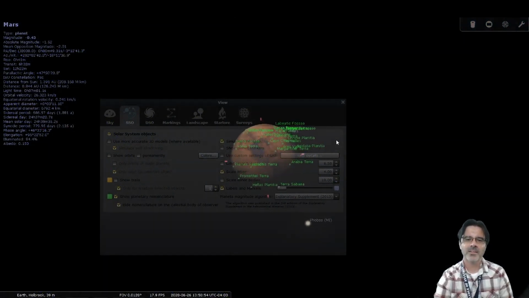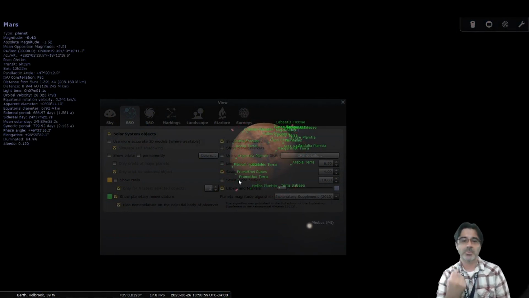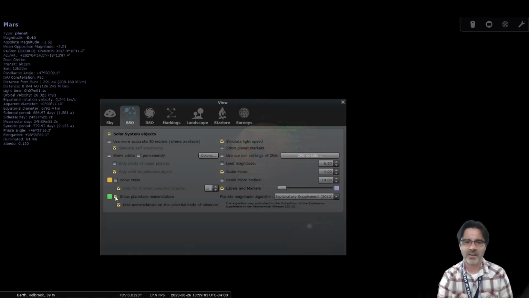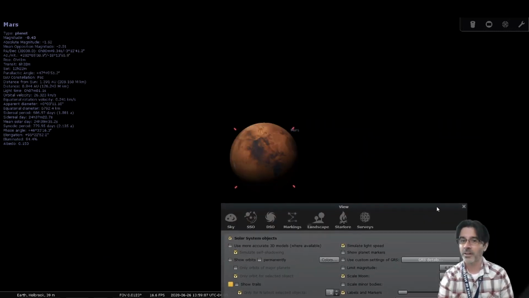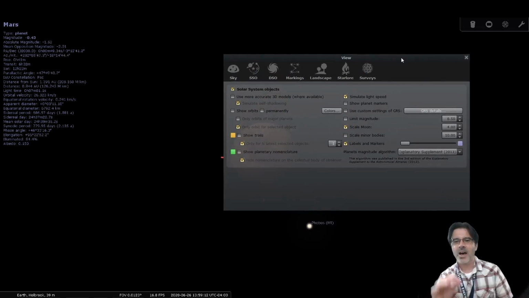So with the planetary nomenclature up there, it has the different features of the planets. It'll bring up those labels for you if you have that selected. If you don't have it selected, surprise, surprise, it won't bring up those labels. So that's the nomenclature there. On the other side,